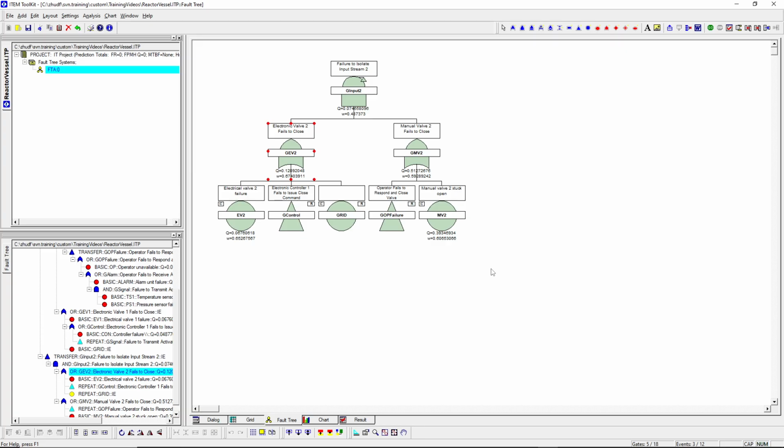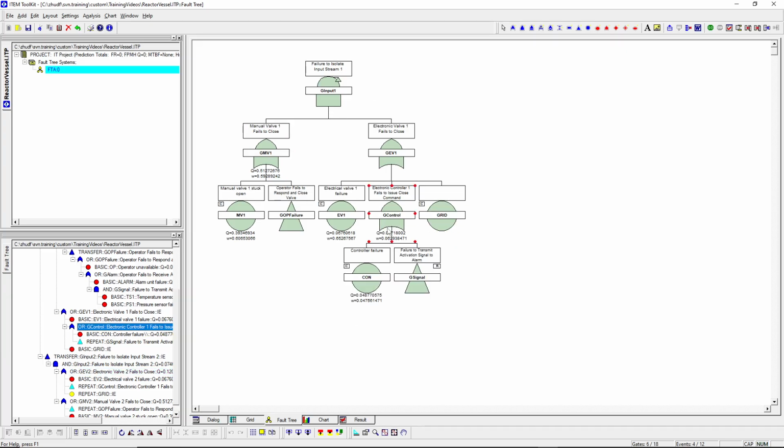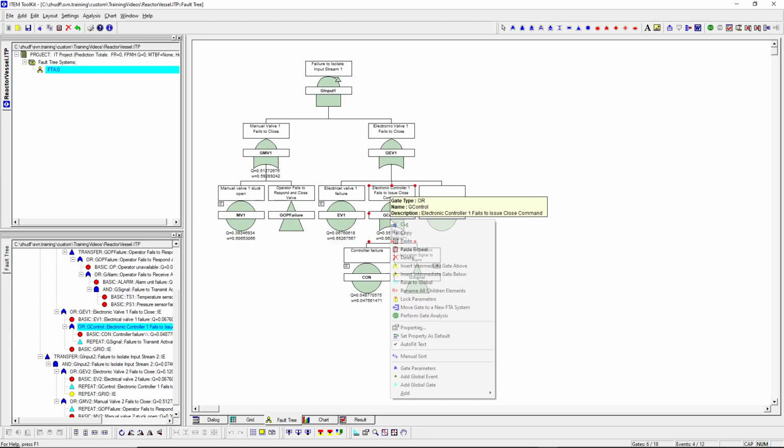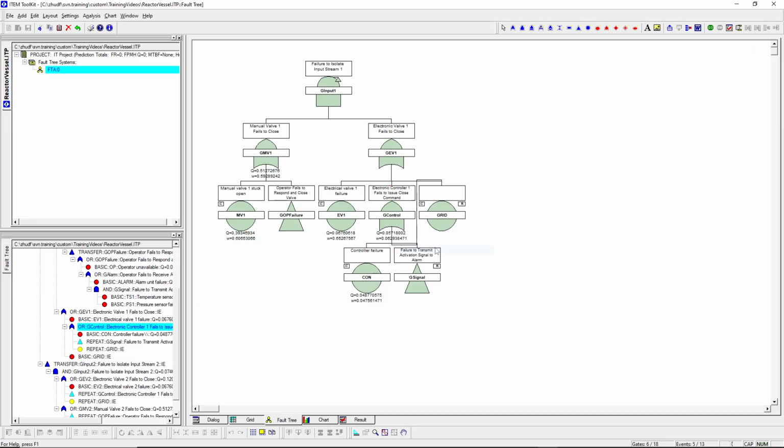Our mapping of Scenario 1 isn't quite complete. The power grid doesn't just actuate the physical valves, it also powers the electronic controller backend. Let's locate the G-control gate, which represents the electronic controller failing to issue a close command. Because a loss of power will directly cause a command failure, the power grid represents an alternative root cause for this gate as well. We will right-click our existing grid event once more, navigate to the G-control gate, and select